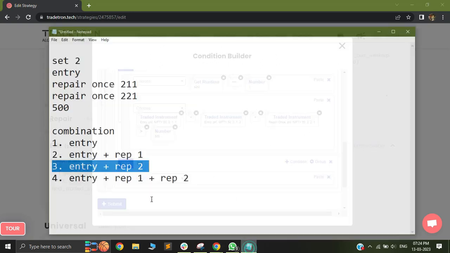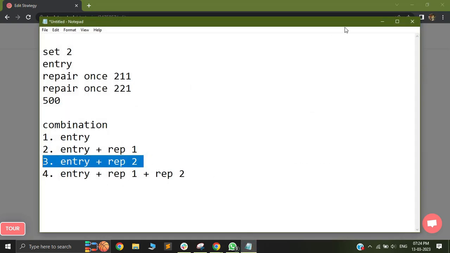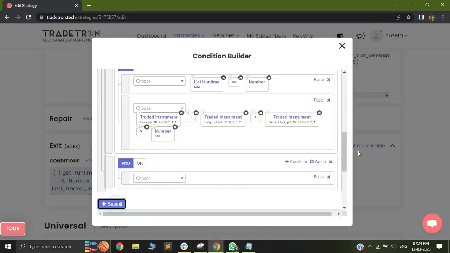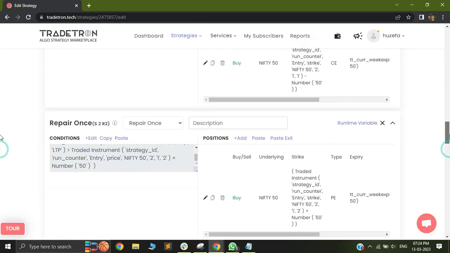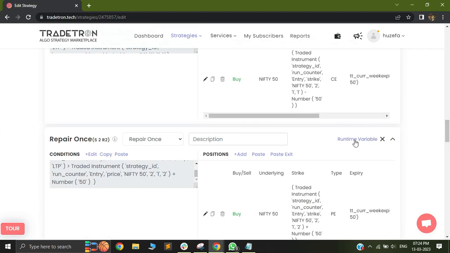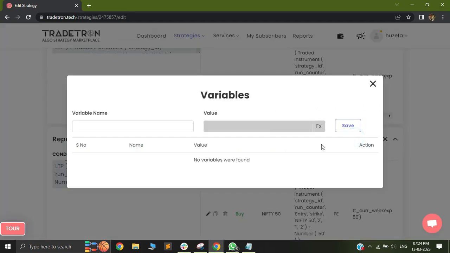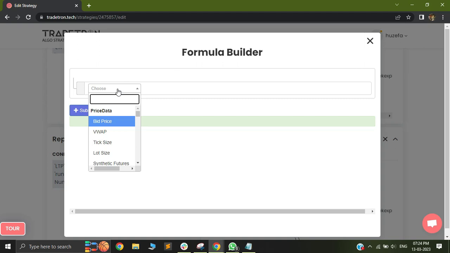So now I have completed my combination number 3. So I'll again submit this and I will close this. Now I will go to my runtime variable for my repair once number, my second repair once, and out here again I will first make my S2R2 variable, and I'll assign a value of number 1 to it,